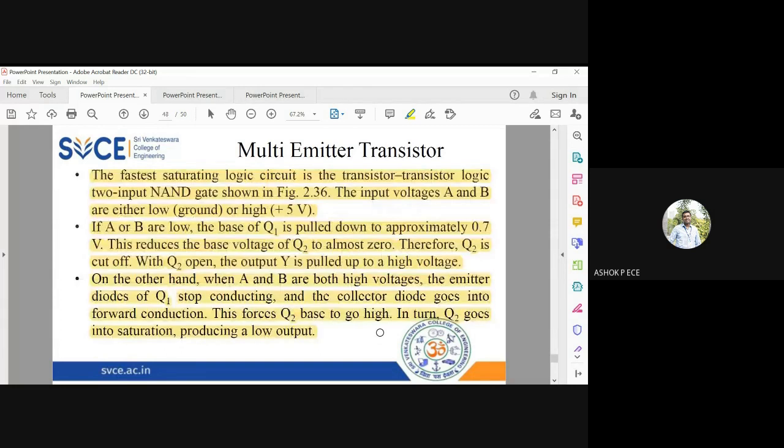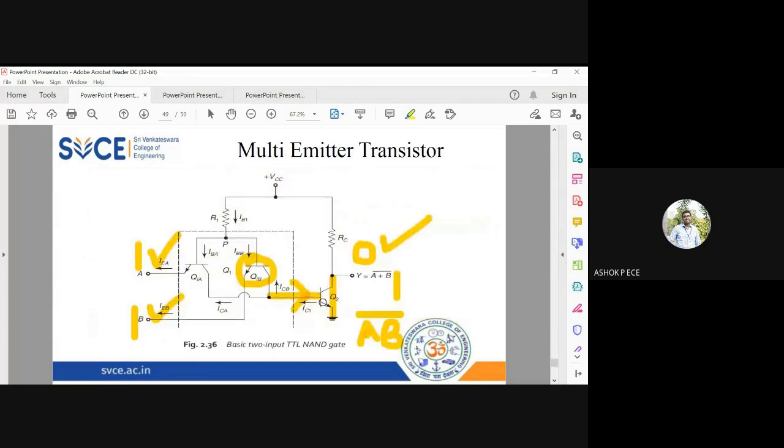One logic you have to remember: when a transistor is conducting, the output will be 0. Ideally, the output will be very, very small, like 0.1, 0.2, but for the ideal calculation, we assume it to be 0. When the transistor is off, the output will be equal to VCC. The VCC is 5 volt, which is equal to binary 1. It is going to be logic high. And when you give 0 to a transistor, the transistor will be off because the minimum required voltage is 0.7 volt. When you give binary 1 to your transistor, binary 1 is equivalent to logic plus 5 volt. So the transistor will be on.